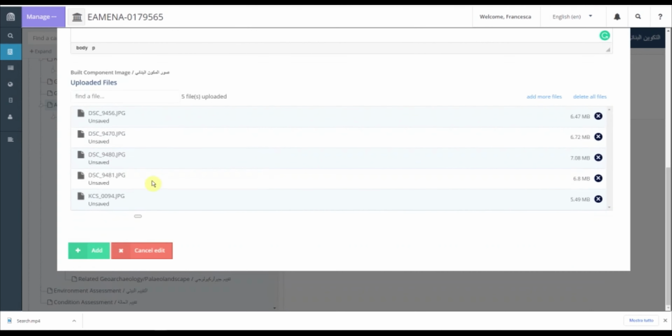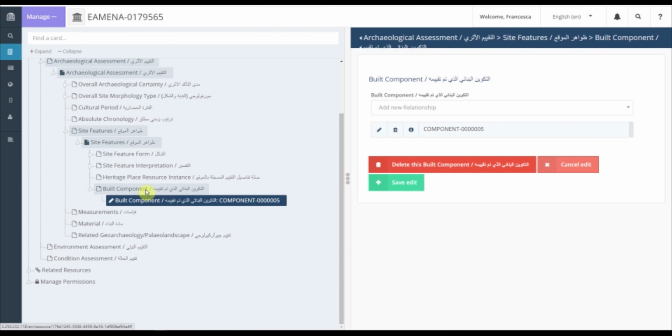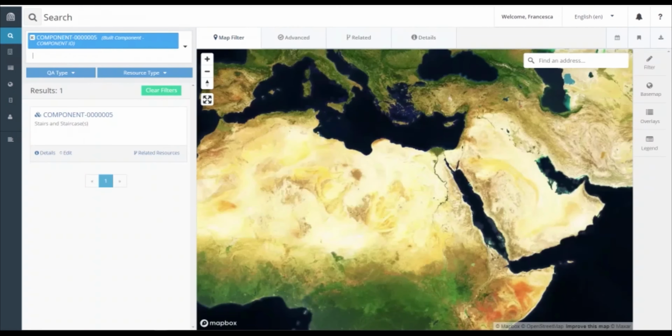That is also appearing here in the card tree under the card build component. But now you have to still complete the recording of the component. To do that, look for your component in the search box in the database, as I'm doing here, component 005.